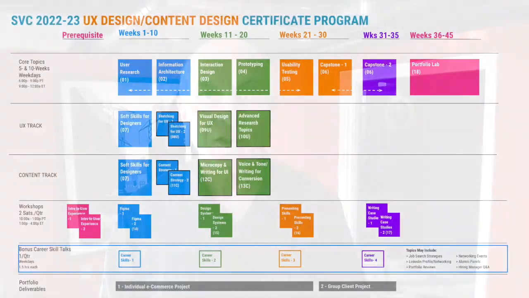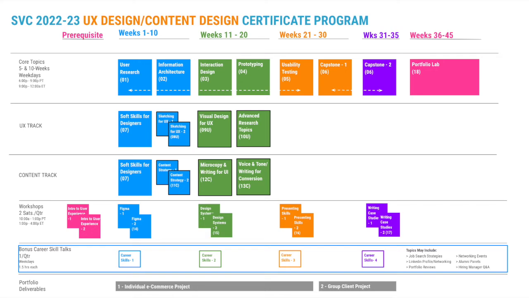Actually, though, there are some 90-minute workshops or presentations, call them what you will, where we're going to cover job hunting skills and career skills. We'll do one of those a quarter, maybe more, but at least one, so you'll have some great background starting early on with how to prepare yourself for that job search. So there's your course track. It's a lot to cover, hopefully in a